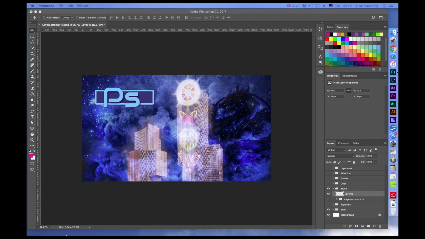All right, let's take a look at the brush tool. With the brush tool, it's one of the most valuable tools you're going to use in Photoshop. It does lots and lots of things. So if we click on the brush tool, you can see that it actually shows you the size of the